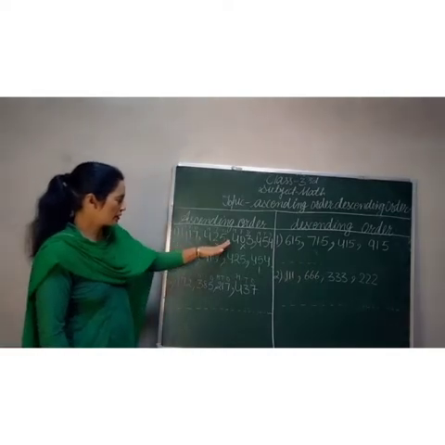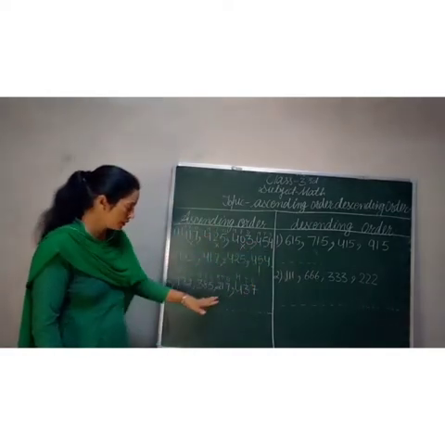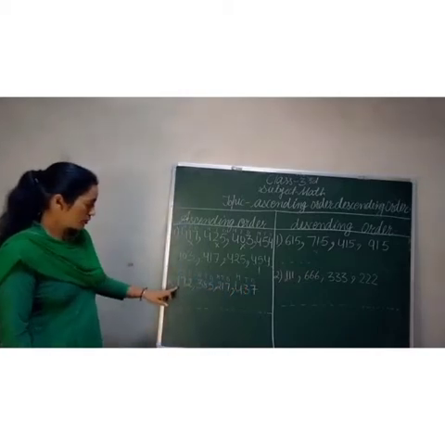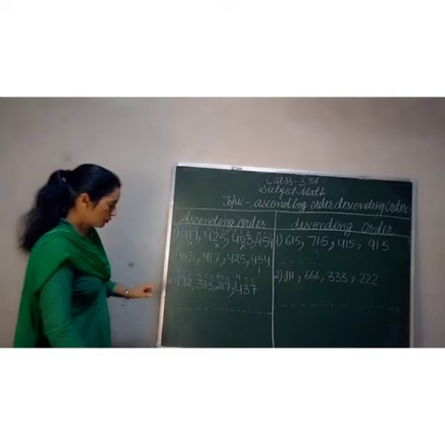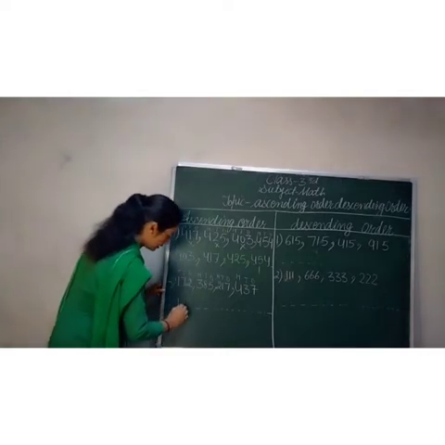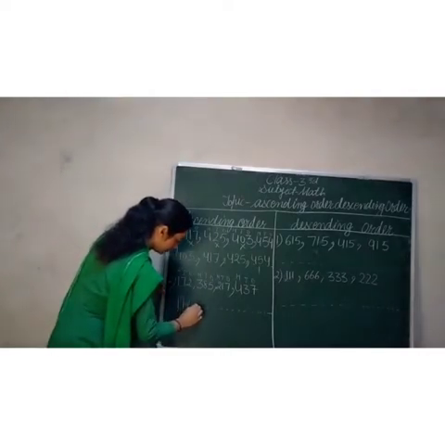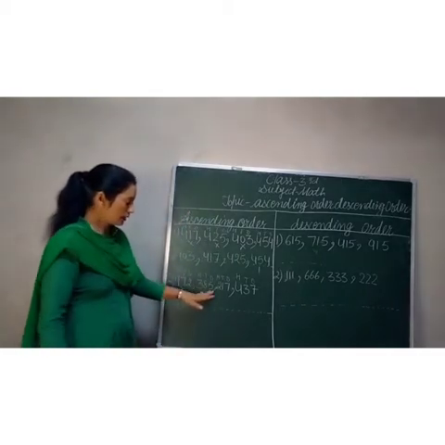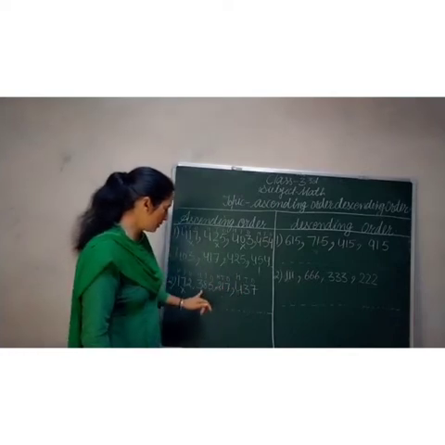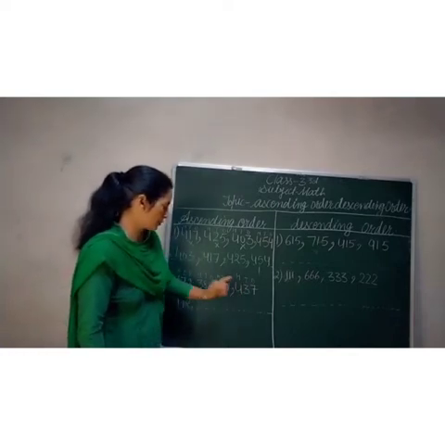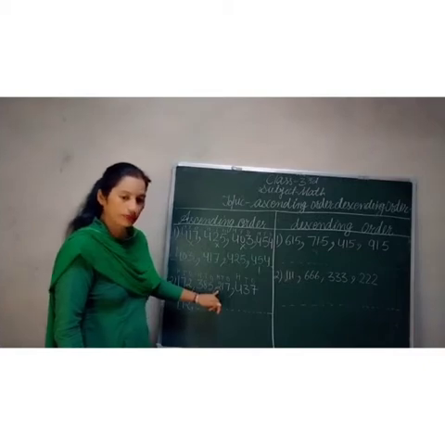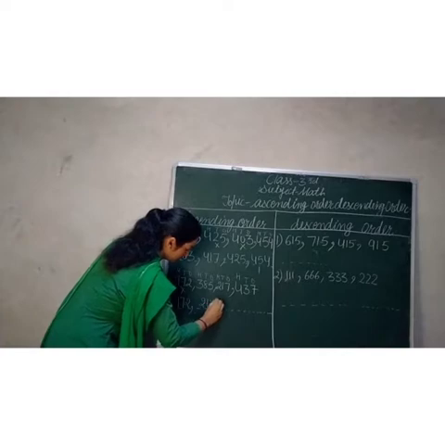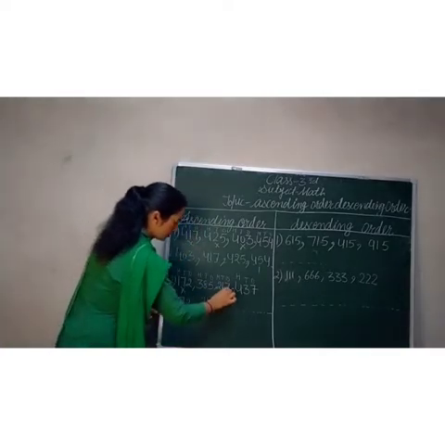In the previous exercise we had the same hundreds digit, but in this question they are different. In the place of hundreds here 1. So which number will come first? 172 will come first. Then next, 3 numbers are there. Now we will see the hundreds place of each: 3, 2, 4. This is 2. Which will come next? 217. Also done.